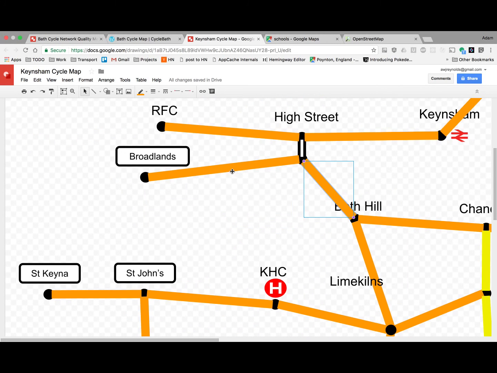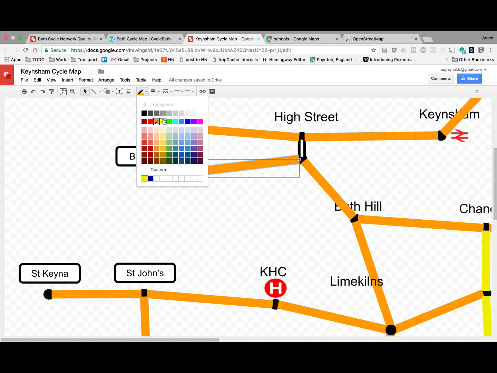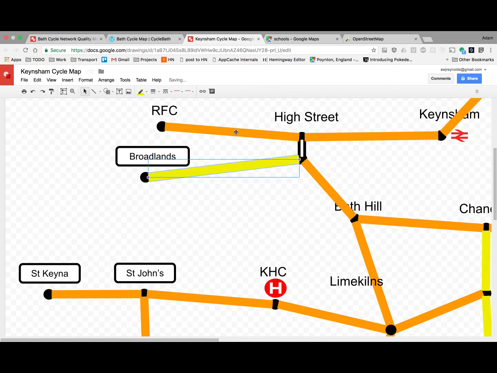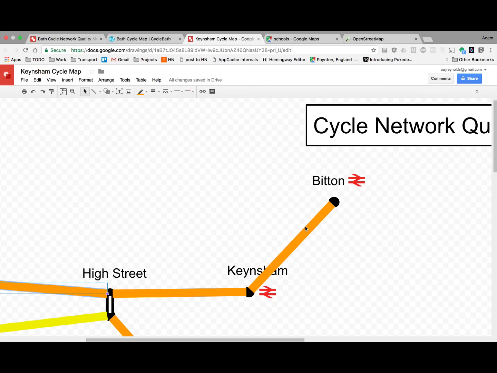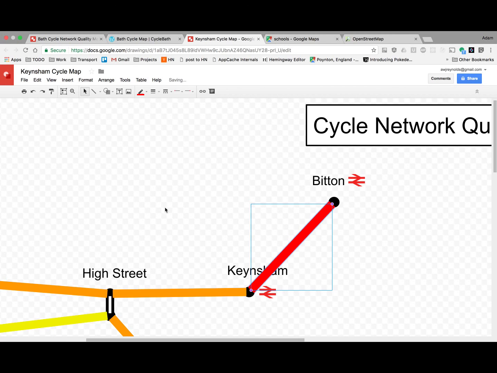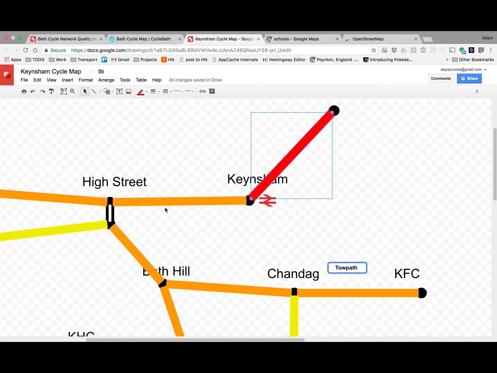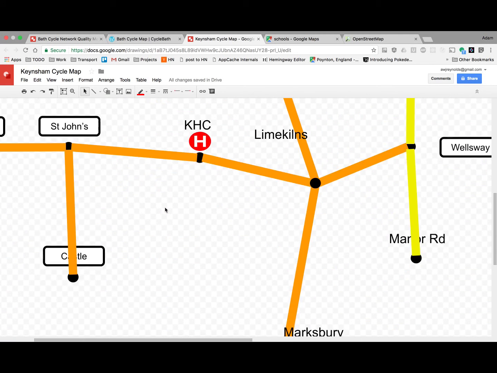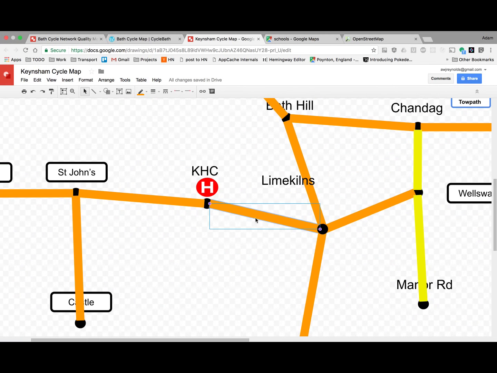High Street is big enough as it is. This is actually, I believe, 20 miles per hour. However, the Bitton to Keynsham route is 40 miles an hour. It does have a cycle path, but it's actually a converted footpath, and it's not particularly very good. This going from the health centre through to Lime Kilns and out the other way,